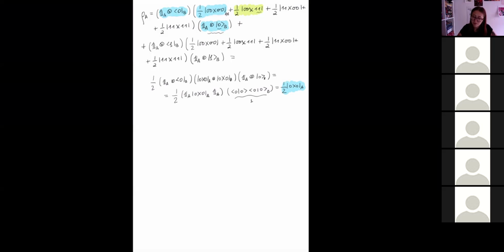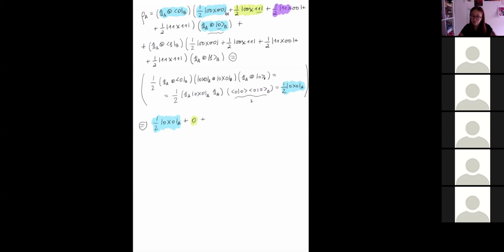So it's going to give you 0 in the product, and hence the whole product will be 0. Let me continue here. The first element gives us 1/2 0 0 A. The second gives us 0. This is this one. Then the third element in the sum,